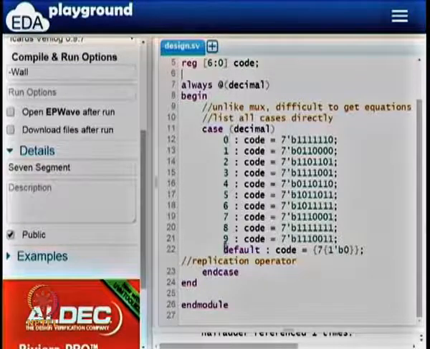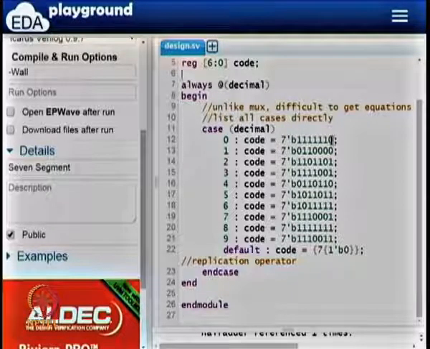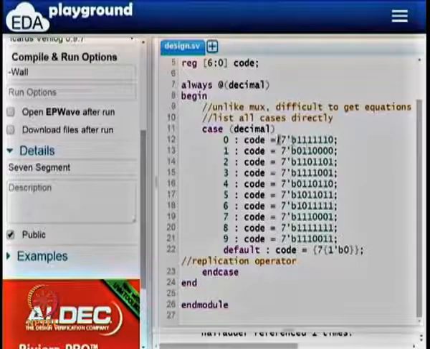On the left side you see the 10 choices that matter to us, case 0 to case 9, and for each of the cases we assign code equals something. So for instance this one says code 6, 5, 4, 3, 2, 1, all of them have to be on, and 0, which stands for the middle segment, is off. So the meaning of this one is code 6 is on the top, then you have code 5, code 4, code 3, code 2, code 1, which goes in cyclic order, and code 0 is supposed to be for the middle segment. So this one is very clear, it is easy to write.